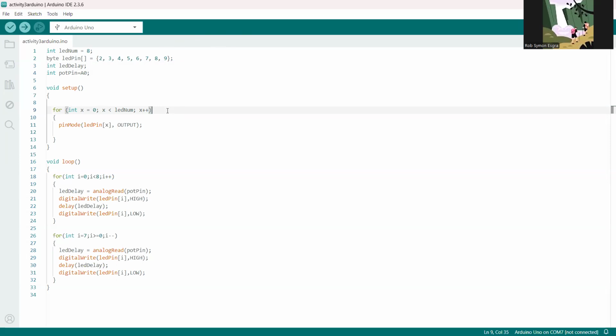This loops through all our LEDs. And this code sets all the LEDs as an output to use it to turn off and on. And then the loop, so the for loop here loops from the first LED to the last LED, and then